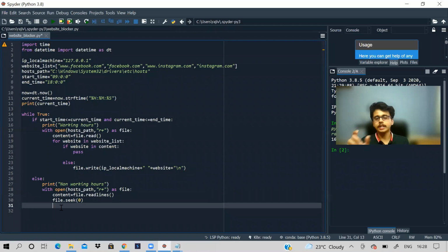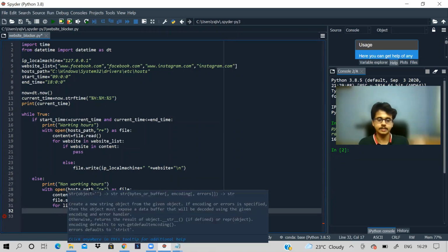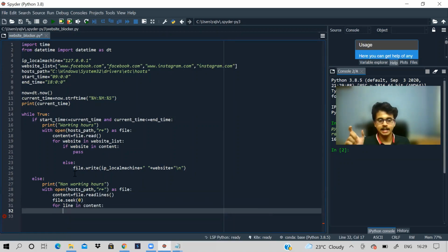So here content will have strings. It is not just one string, it will have multiple strings and each string will represent a line. So I have to say for line in content, I have to traverse through these strings. For every line in content, I have to check if not any website in line for website in website list.